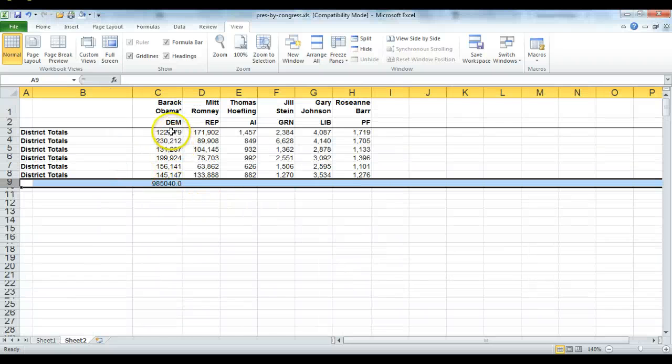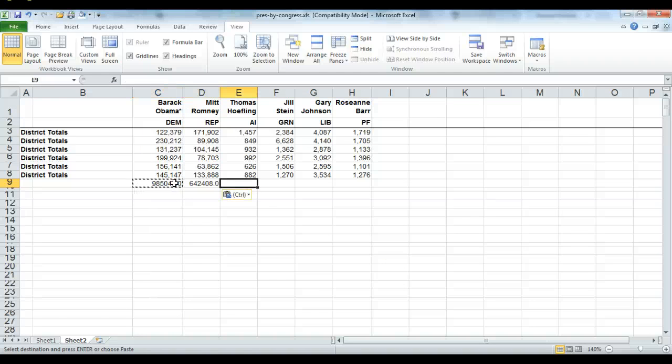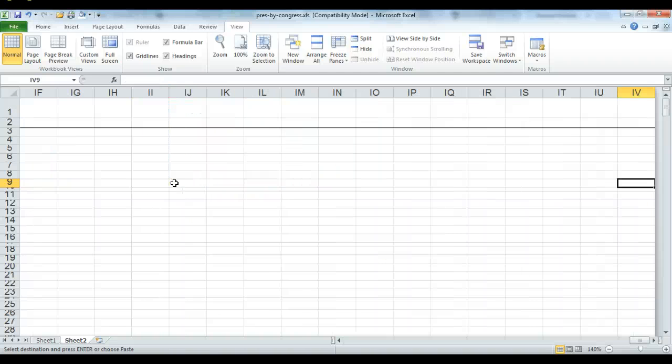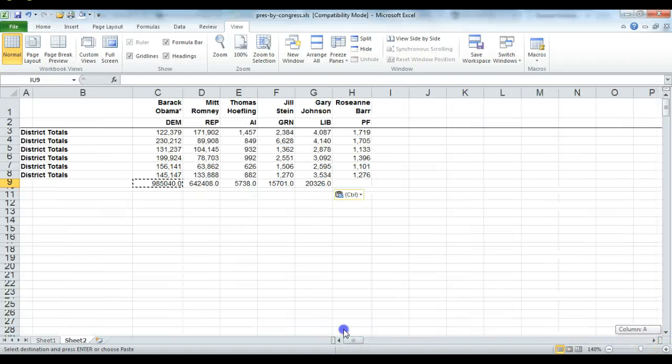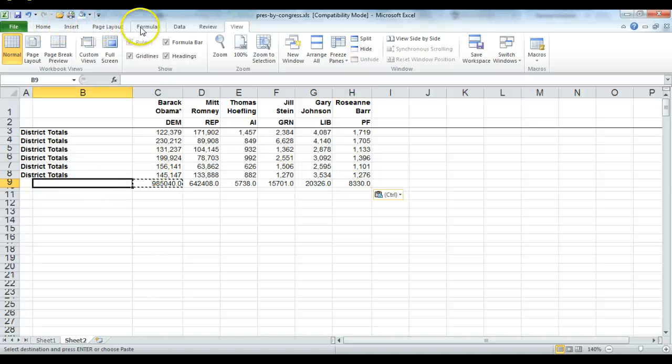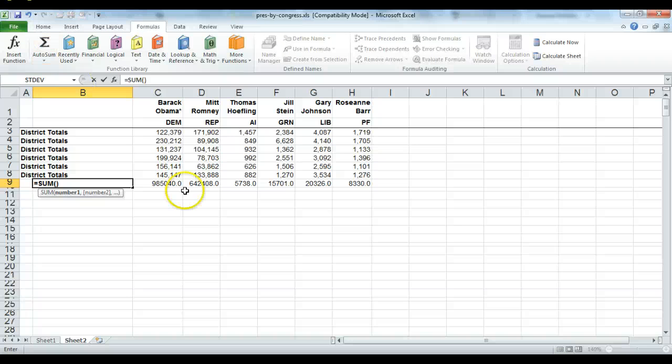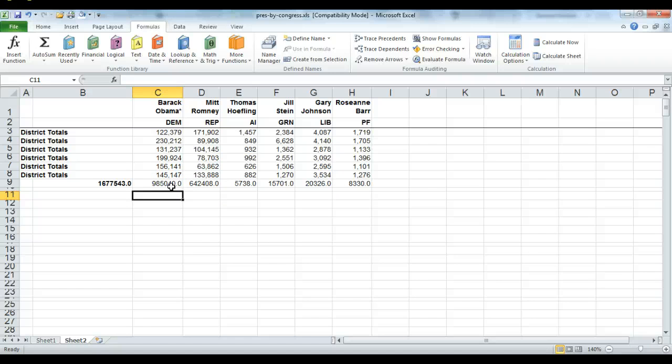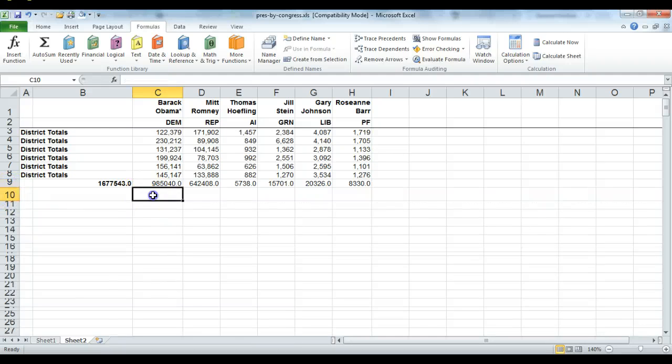So this would be the number of Democrat and Republican votes for the different... oops, got a little excited there, and just do another formula here. We'll do an auto sum of all of these numbers. So we know that out of the first district, at the first region that we've created, there was roughly 1.7 million votes. And if we just do the percentage,